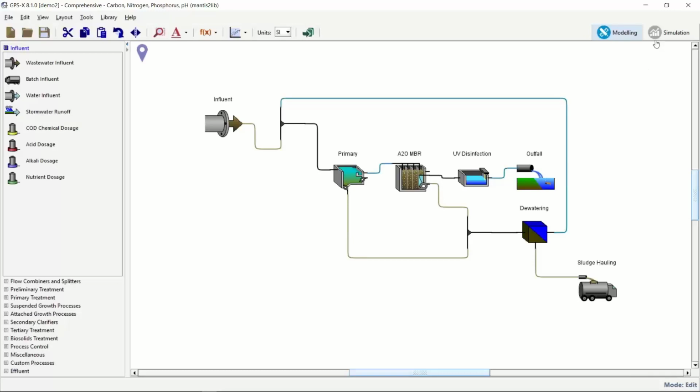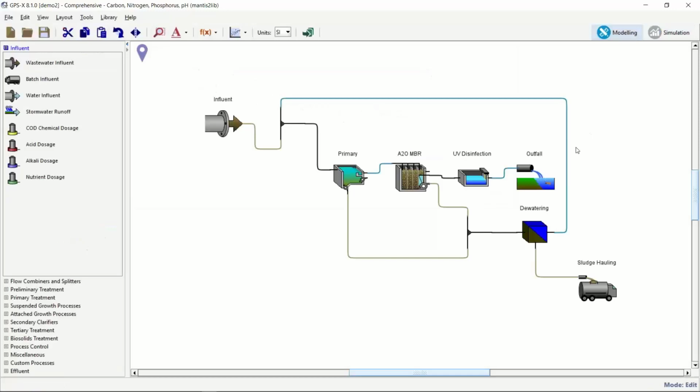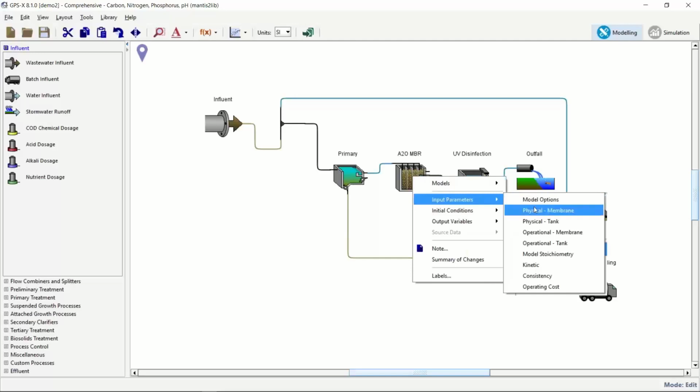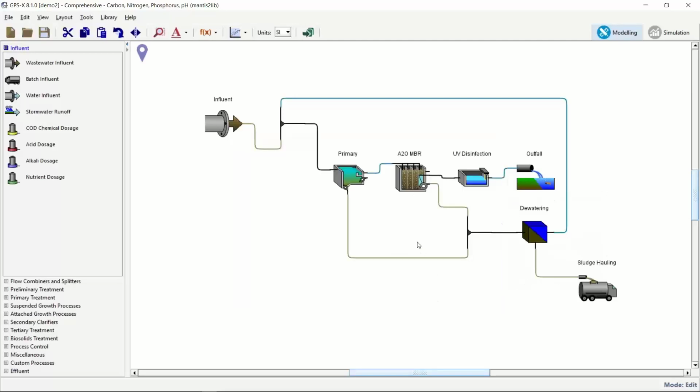So I was learning a lot more, at that time, about how to take advantage of what the models can do for you. So this story has always stuck in my head. I have set up a similar situation to what he had. Now, this is an A2O MBR. This has got 3 reactors in it. If I go to the physical tank menu, you can see 3 reactors, and I've got volumes and everything already